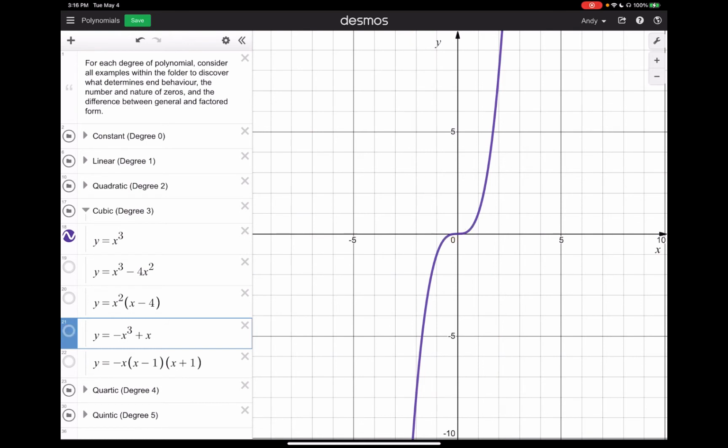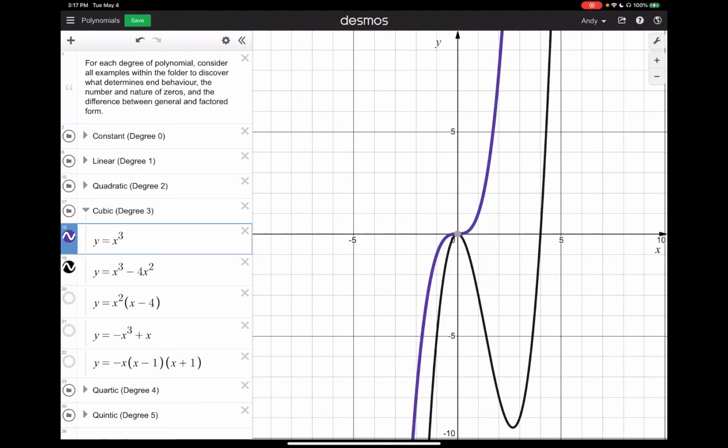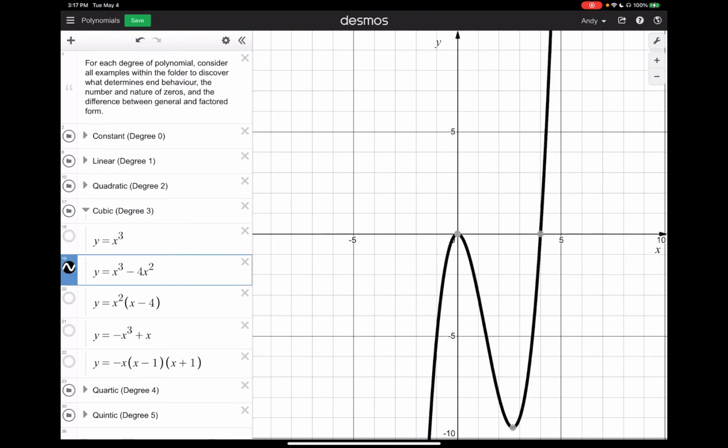Now let's talk about the zeros. So the minimum number of zeros is 1. It is possible to have 2 zeros. So let me just hide the first one and focus in on this. So we've got 2 zeros there. Now, currently I have it in general form. If I change it into factored form, it's a little bit easier to understand, right? We've got a double factor of x here, x times x. That double zero corresponds to